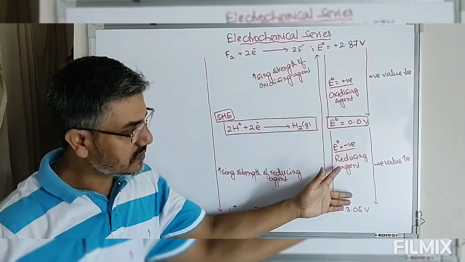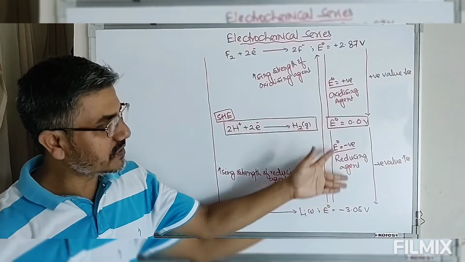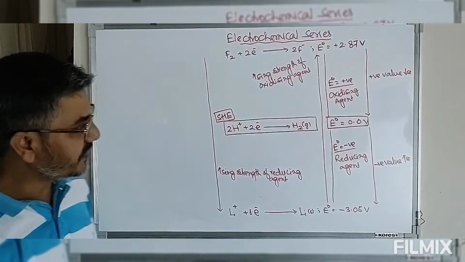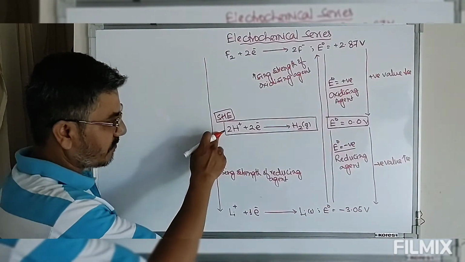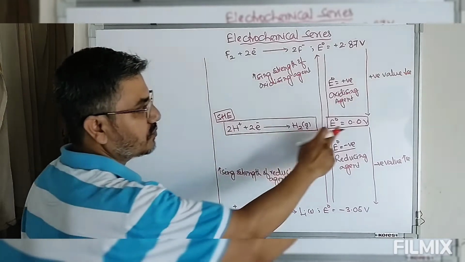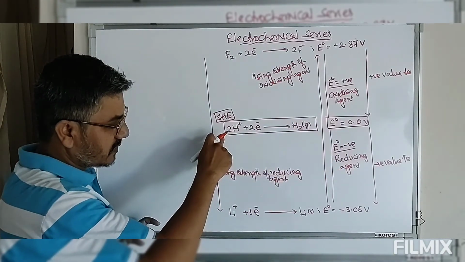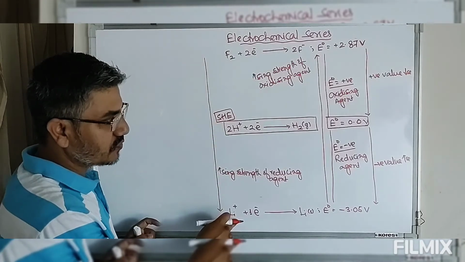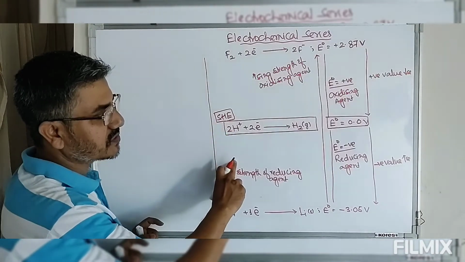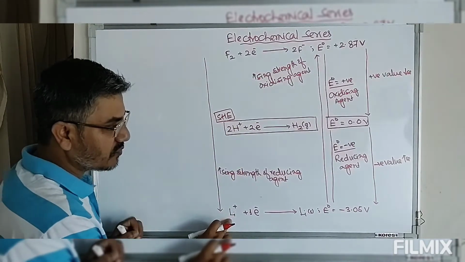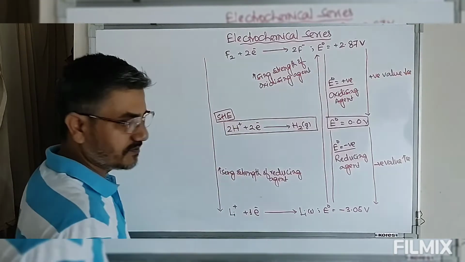So those electrodes whose reduction potential is negative are known as reducing agents. Moving down the group from hydrogen, where the reduction potential is 0 for the standard hydrogen electrode, these electrodes have negative values, so those electrodes with negative reduction potentials are known as reducing agents. Moving from hydrogen, at the bottom of this series we'll get lithium.